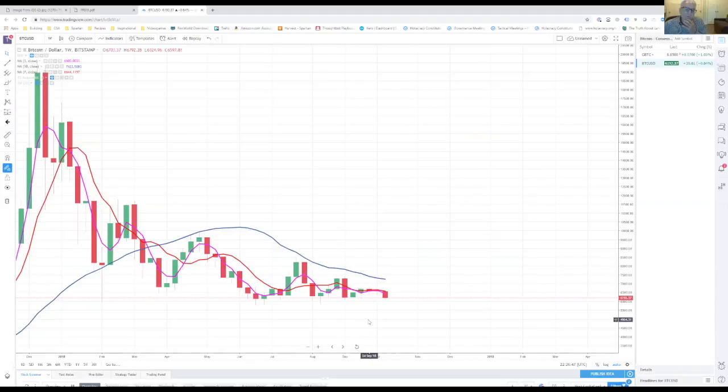Now, on a couple of occasions, we have broken above and started these short-term bounces. We've had a total, I count this as 1, I count this as 2, I count this as 3, I count this as 4, I count this as 5, and now I count this as 6. 6 times, each one highs, below highs, below highs.